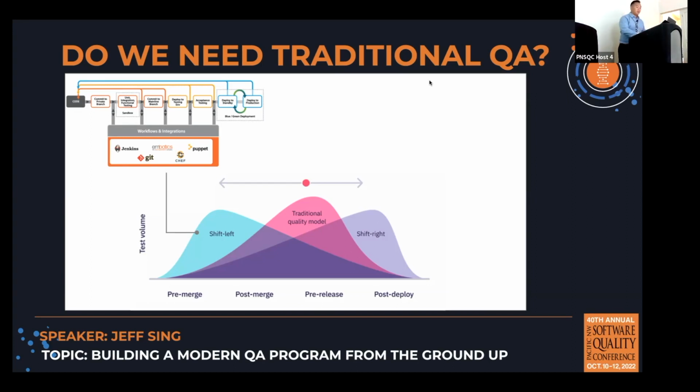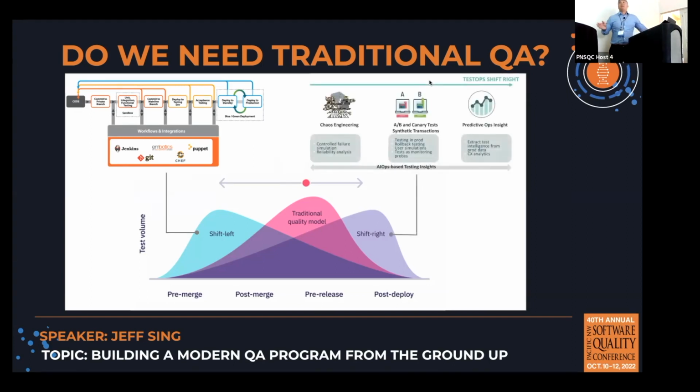We can ship faster. And on the other side, we're seeing the advent of a lot more tools, right? Like feature flagging, A/B testing, predictive ops insight. Hey, I know when something goes bad, my infrastructure is so strong, I can flip a switch, it's gone. Let my customers tell me something's bad, and I'll make it go away, right? So with all these things, the question is, do we need a traditional QA engineer, right? And we look at it, a lot of companies, the answer is no, right? Yahoo eliminated all their QA engineers. Salesforce got rid of their QA engineers, right?